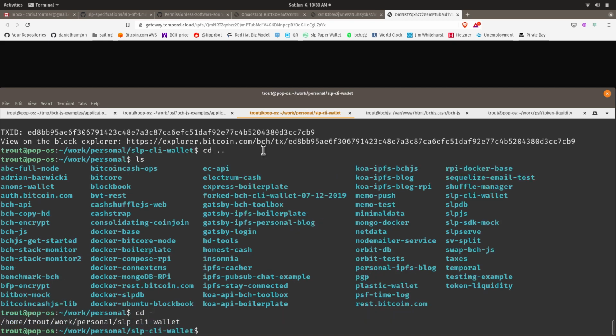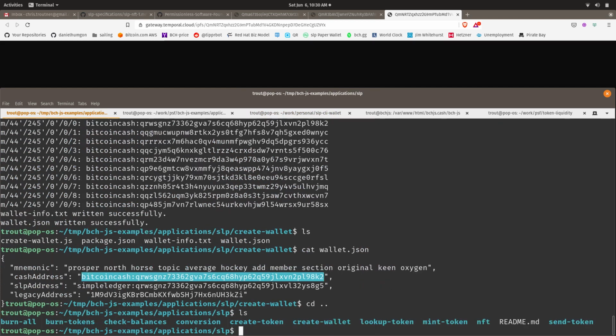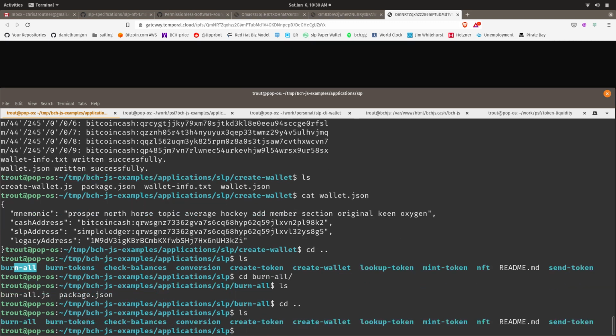Okay, so now that our wallet's funded, I'll go into the NFT thing, but when I'm all done, I'm going to use this burn all example. I'll show that when I'm ready, but I'll run it to burn all of the tokens that I created and send all the Bitcoin Cash back to my wallet. So the only thing that I've lost is going to be the miner fees, which is a fraction of a penny. Okay, so in this SLP directory, I'm going to go into the NFT directory,